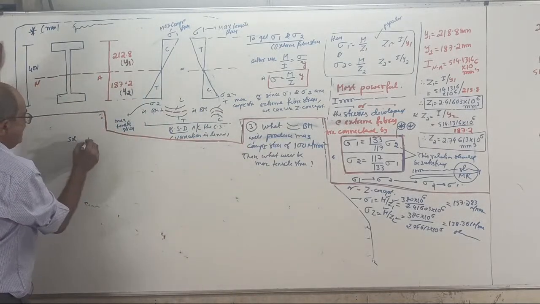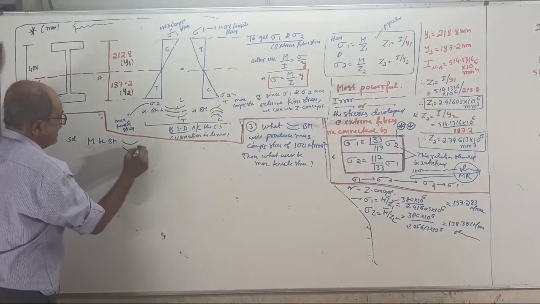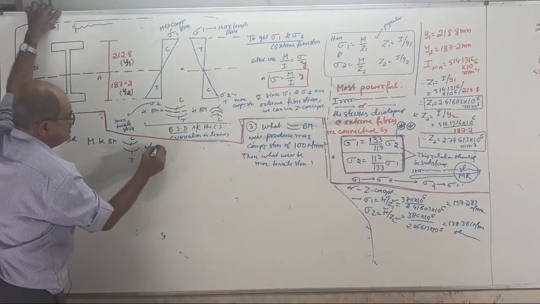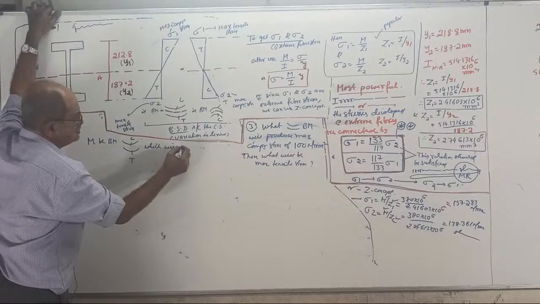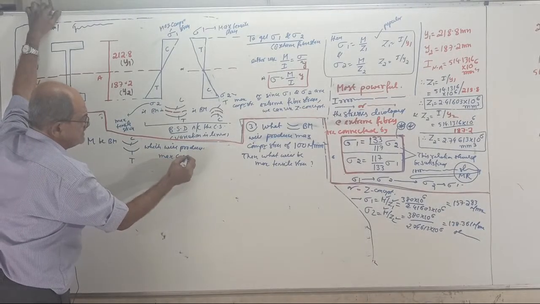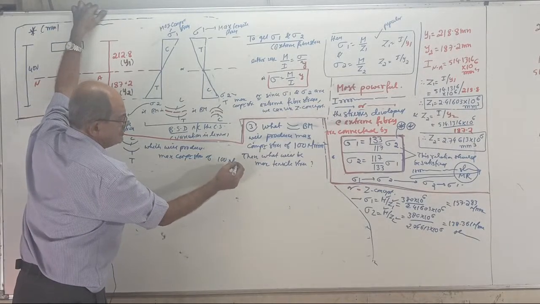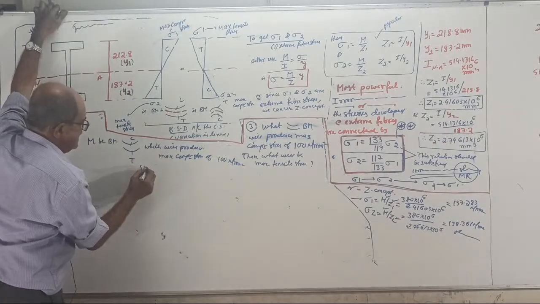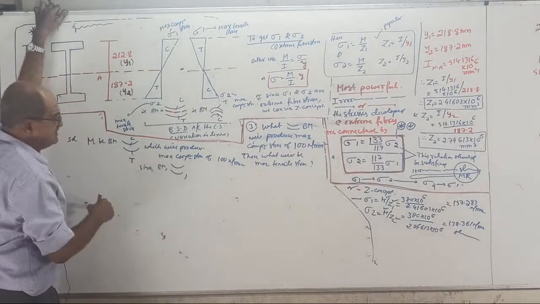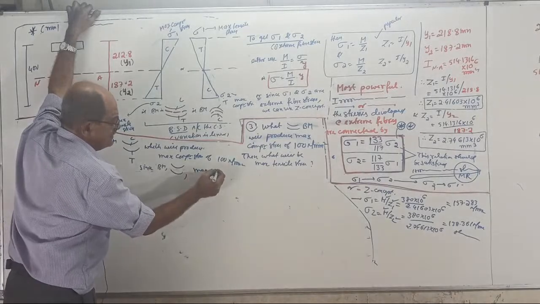Solution. Let M be the bending moment, sagging in nature. So bottom tension, top compression, which will produce maximum compressive stress of 100 Newton per mm square. Now, since BM is sagging, tell me, answer. Since BM is sagging, maximum compressive stress